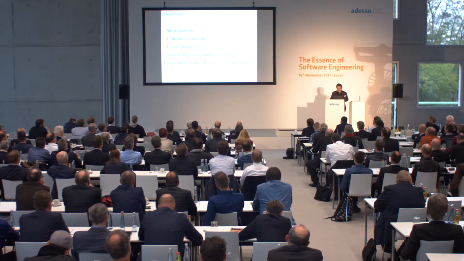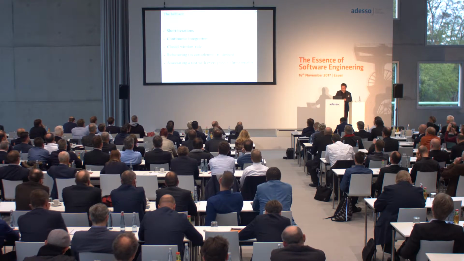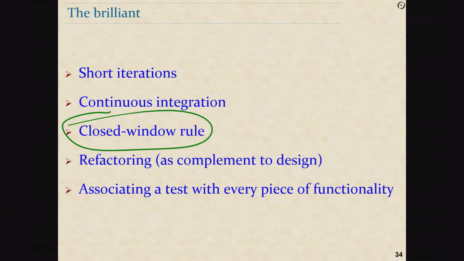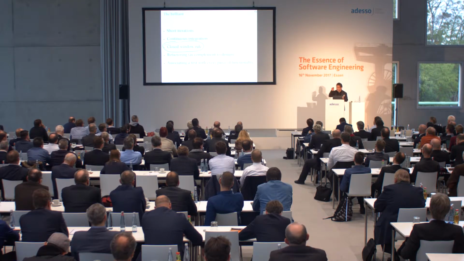And then there are some really great ideas, not just good, but brilliant. The closed window rule, the idea, which is not called that in the Agile literature, but it's there, without a name. The idea that once you start a sprint, you don't add anything to it. Indeed, it doesn't matter who you are. You can be Angela Merkel or the Pope. It doesn't change anything. The list of tasks is fixed.